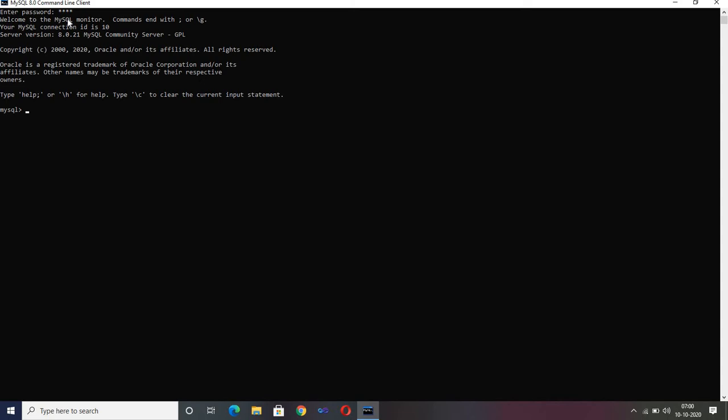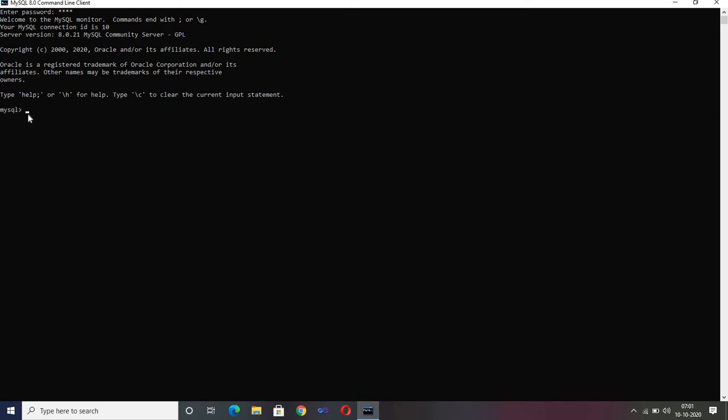So just enter the root password over here. I already told you to remember the password while you install this system. It needs to be entered every time you open this window.